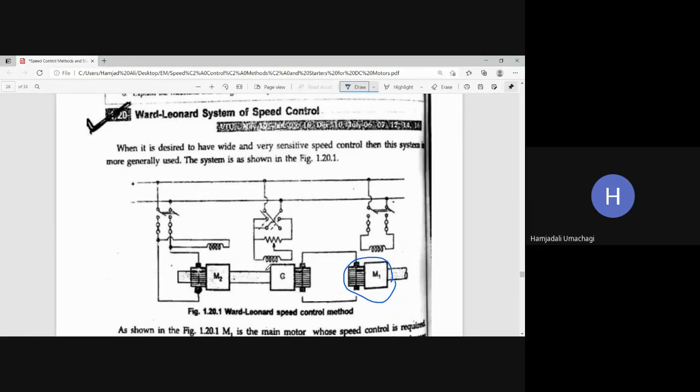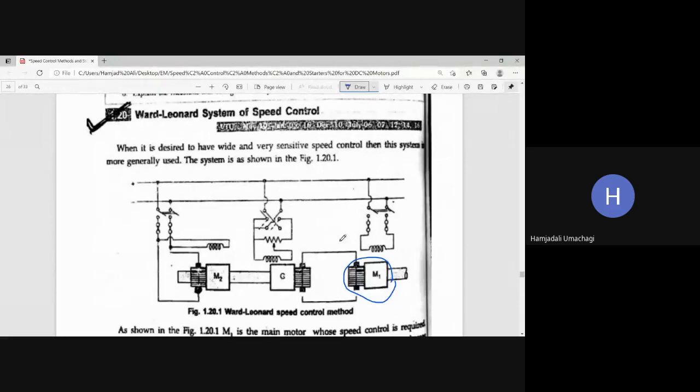Motor, it gives mechanical output to the generator, and the generator's field winding has a diverter in order to change the flux. If flux changes, then voltage changes. And in order to change the polarity, you are going to make use of switchgear. If I throw the switch on one particular side, then the polarity of the field winding will change. And if the polarity of the field winding connection changes, then automatically the polarity of the armature voltage will change.